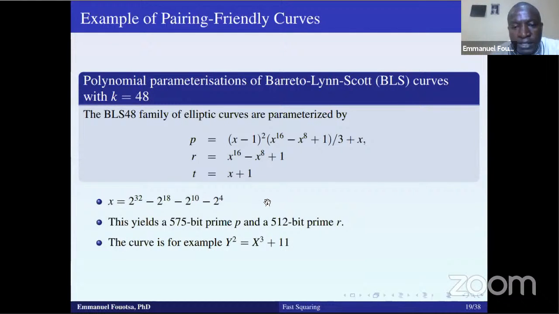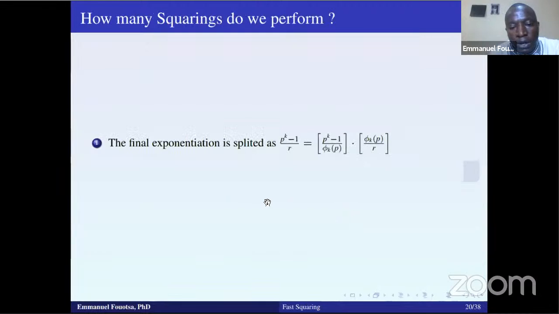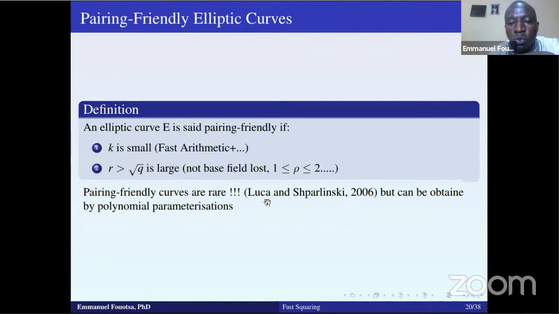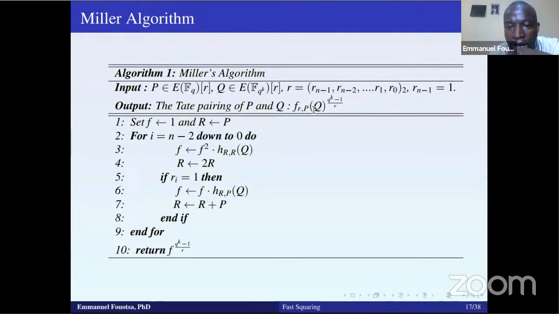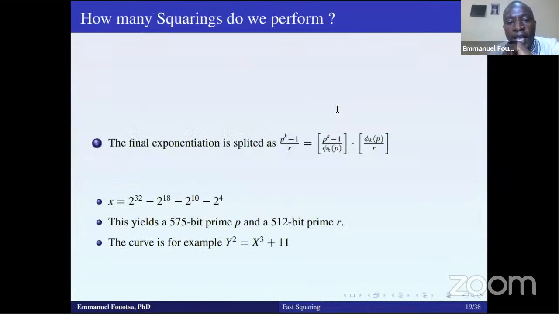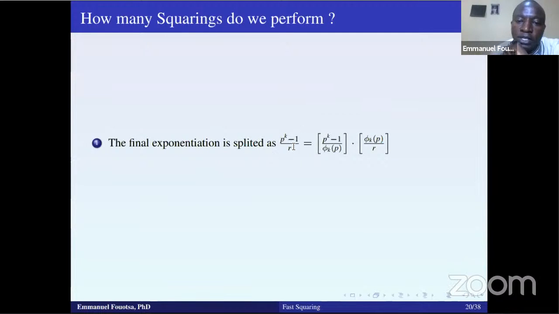The question now is, if we are to compute pairings over this elliptic curve, then this is what we are going to evaluate. I am not interested today in this expression, but after obtaining this one, how do we raise it to the power (PK minus 1) over R? So we have this curve. Then for the final exponentiation, because I want to raise the output of the Miller loop to this power,